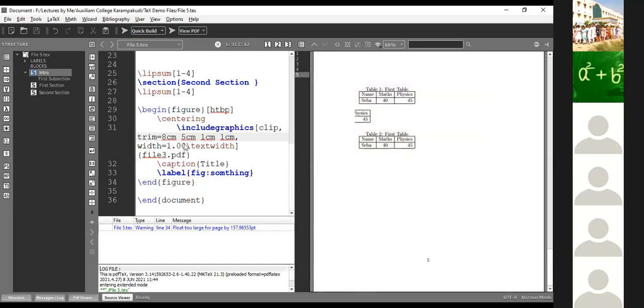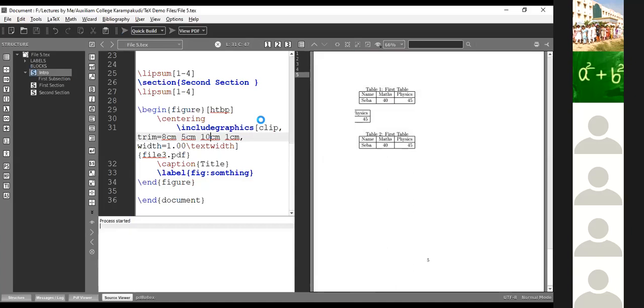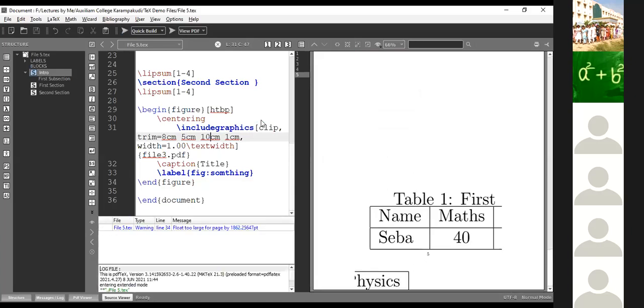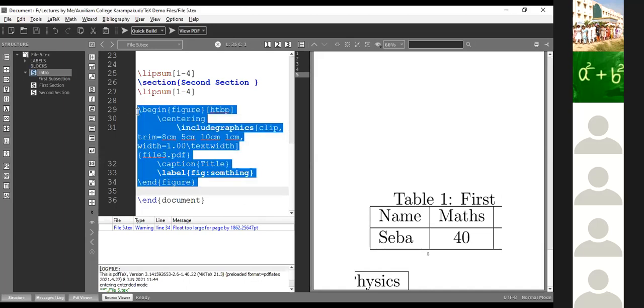Likewise, we may reduce. So now from this PDF, I have only this part. Similarly, we may use the trim command within the optional bracket: left, bottom, right, top. This is optional. I will share this coding.